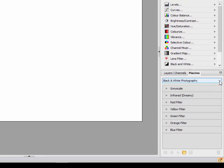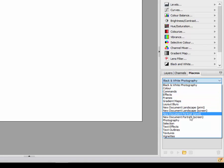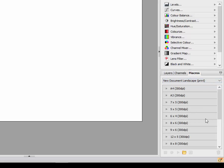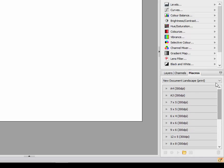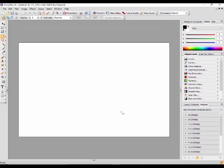Now, one of the ones that you can use is to make a new document, and there's various options, mainly size options, but I want to look at making a new document but also changing the background. This is not something I would do regularly, but it's a simple one to do just to demonstrate. So I'll go back to black and white photography, not that that is important, but